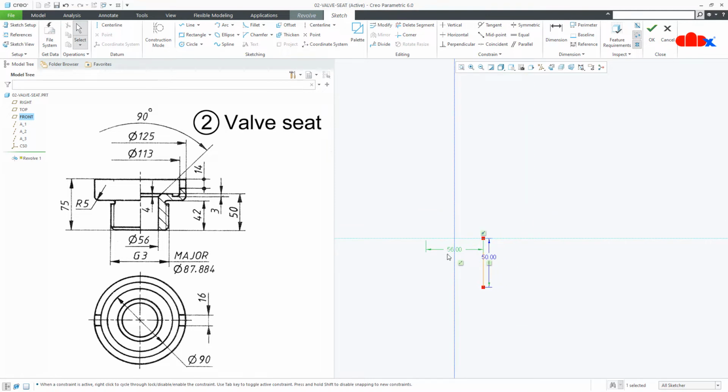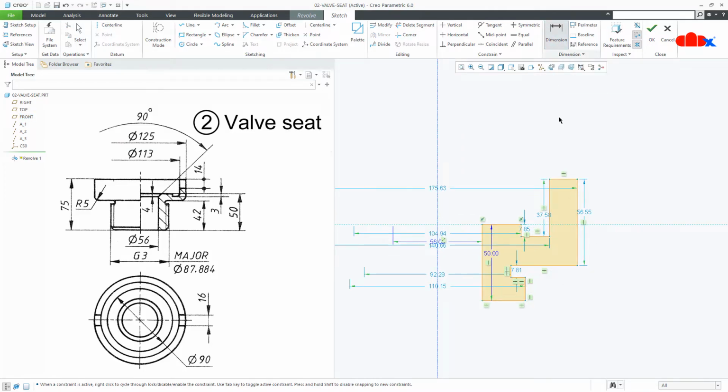Now draw the rough sketch. So I'll start like this. I'll come down, I'll go this side, I'll go up, again this side. Try to avoid the equal constraint, and for this you just right click 2 times. So first time it will hold the constraint and second time it will dismiss the constraint. Now click here, come down, go this side, again come down, come this side, close it.